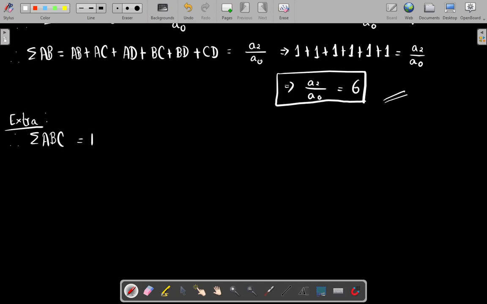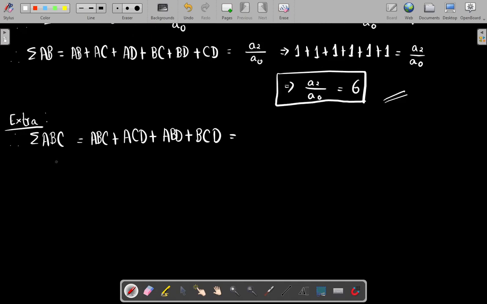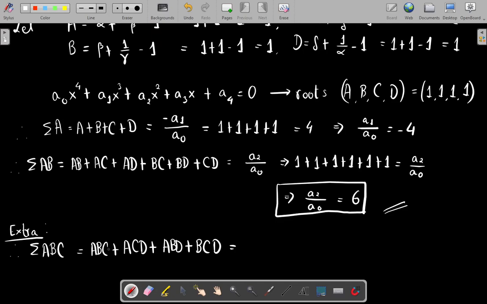This is ABC plus ACD plus ABD plus BCD. Is there any pair left? This is 4C3. 4C3 is 4. Yes, only 4 terms. So this sum of product of roots taking 3 roots at a time,